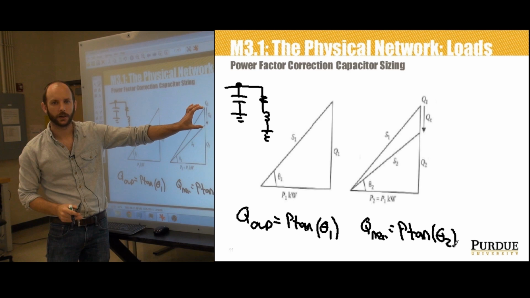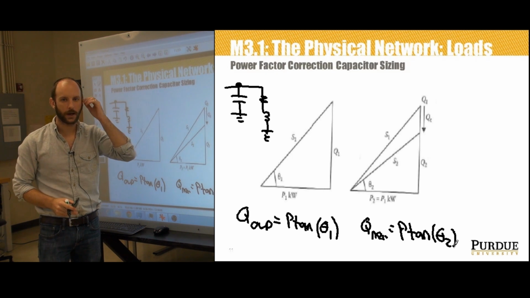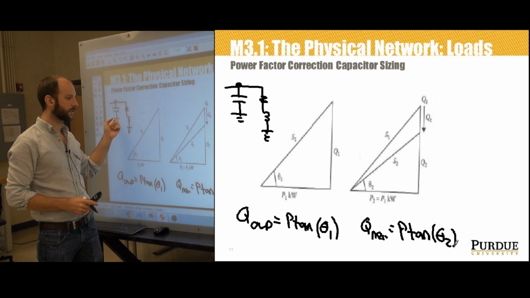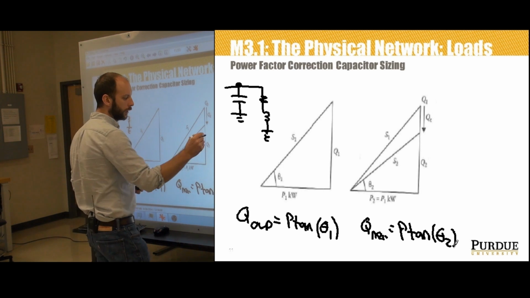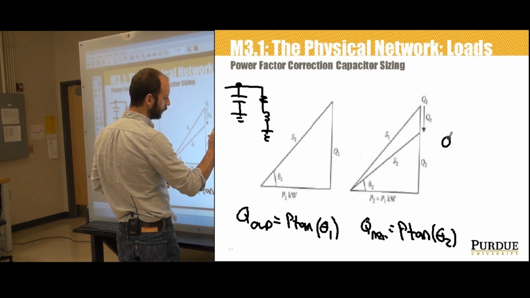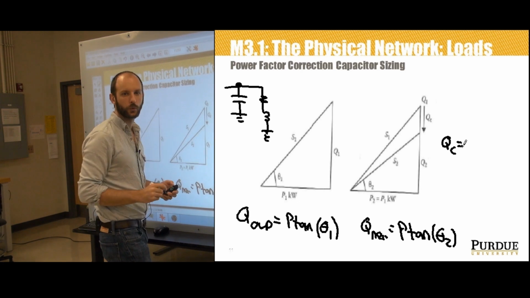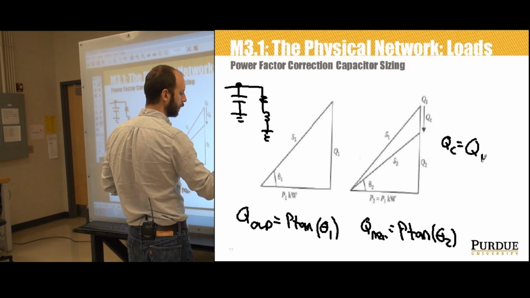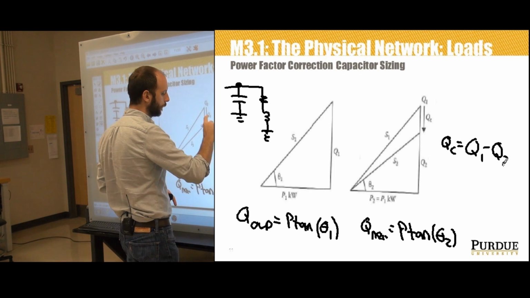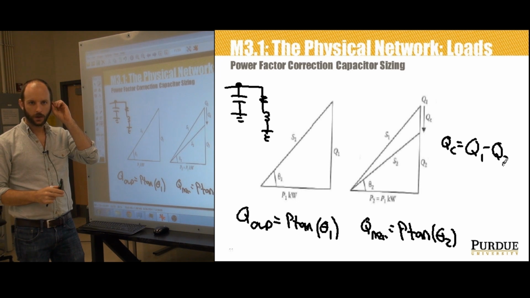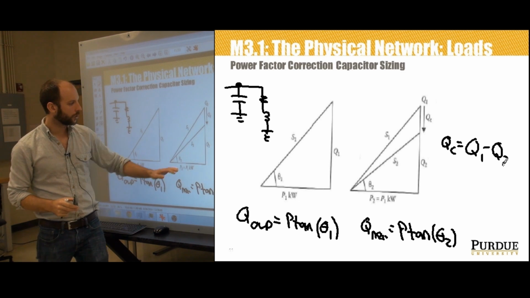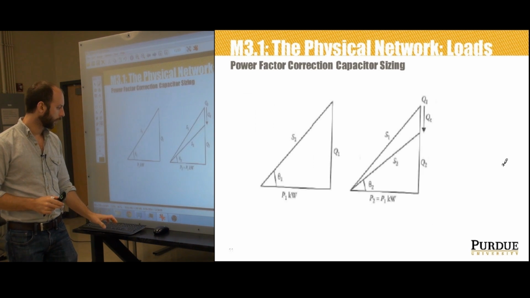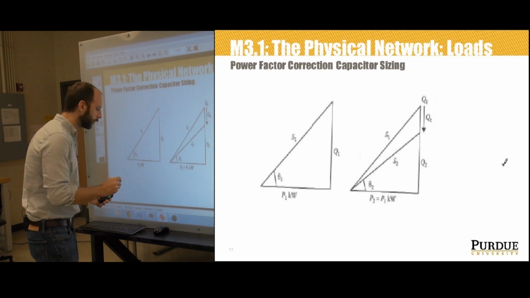This difference right here, this difference between the reactive power, is due only to the addition of this capacitor. We could say that QC is equal to Q1 minus Q2. Right? That little vector right there. So we can take these observations and do some substitution, and we would find a general formula is